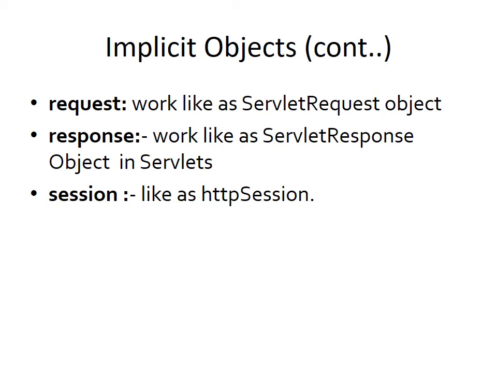Now the important implicit objects are request and response. As we find, for the request which comes from the client, we use the ServletRequest class and create a request object in a Servlet. But here, the implicit object which is available to you is request. Similarly, to send the response to the client after processing the request, you have an implicit object. As I said, it is a predefined variable. You just start using it; that is the response object.